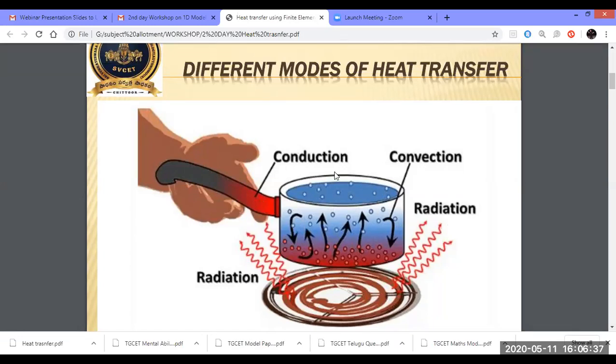See, here is one handle, and here is one heater. We are going to heat some water inside. Let us assume water is there, some quantity of fluid, and the whole container is made of metal. While heating, heat is automatically going to transfer. First it is going to be absorbed by the container. After that, the fluid inside is going to absorb it. Layer by layer, it is going to transfer the heat.